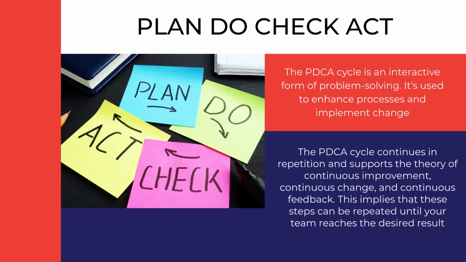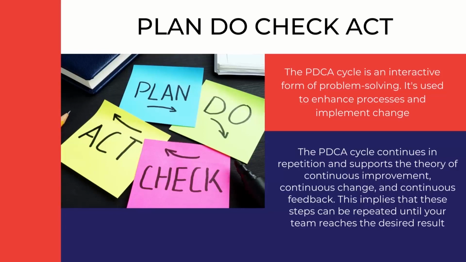There are 4 basic steps to the PDCA cycle. Each step of the PDCA cycle carries out the following role. Plan: identify the problem area, analyze it, and find an appropriate solution. Do: test and implement the plan on a small scale. Check: analyze the effect of the solution and measure the difference. Act: after reviewing the test results, decide whether or not you want to implement the change at a larger scale.